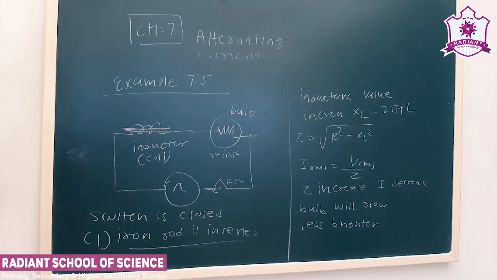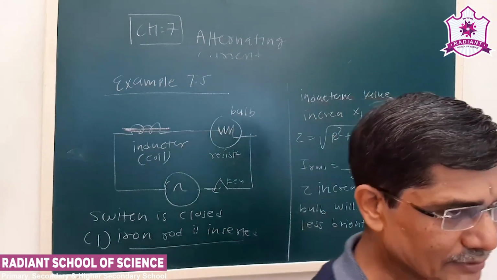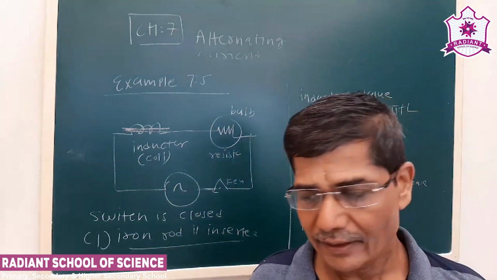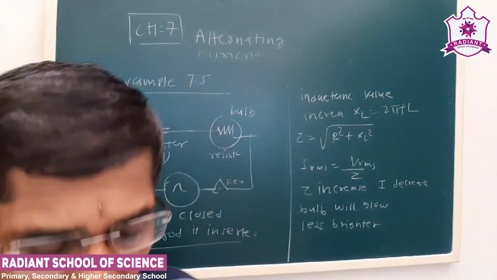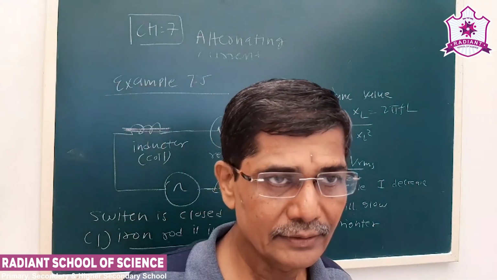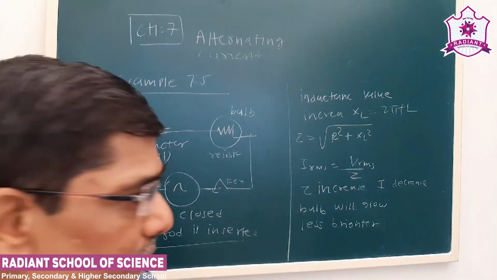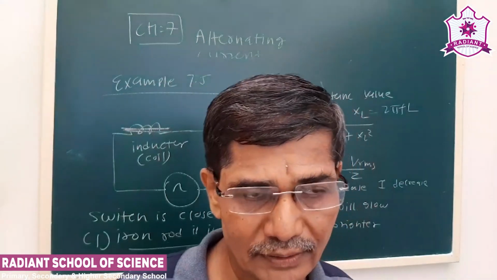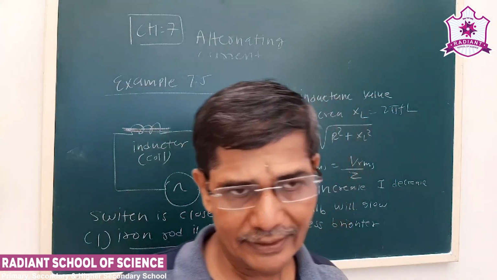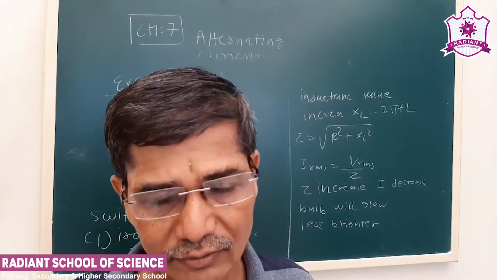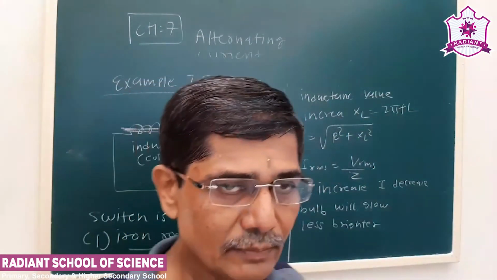Now today we have seen LC oscillation, and we showed that the charge and the current in LC oscillation vary periodically, that is, as a function of cosine or sine. We also saw about the transformer. A transformer is a device which works on the principle of electromagnetic induction. It is used to increase or decrease the voltage, and we have taken some examples.